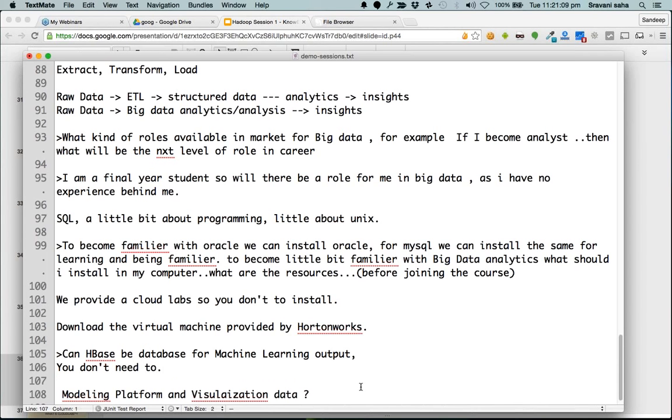Okay, let me explain again. So Vinod's question is, say we have designed a very great algorithm which is doing recommendations, taking some data and preparing that this user may buy this, this user may buy that. Let's say this result, if we have to store this result, where would we do it? Can we do it in HBase, or should we do it in HBase? My answer is no.